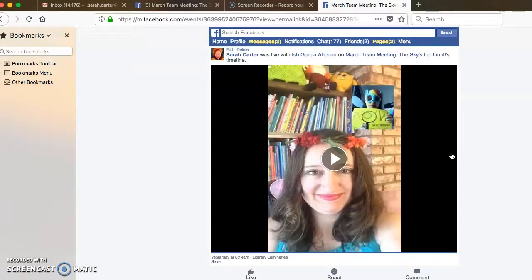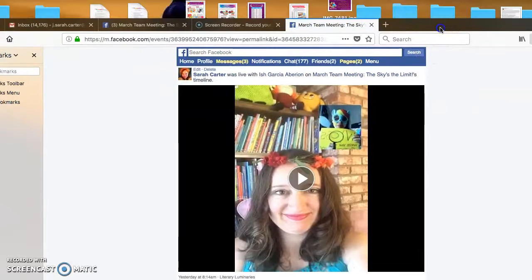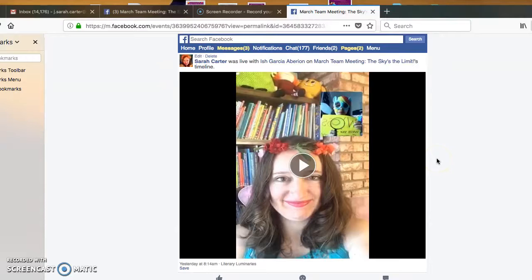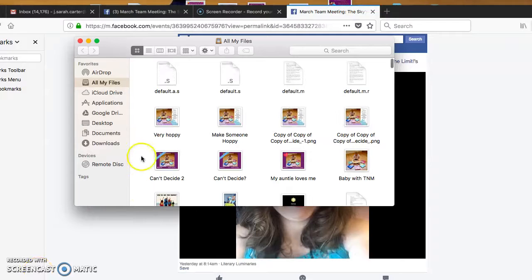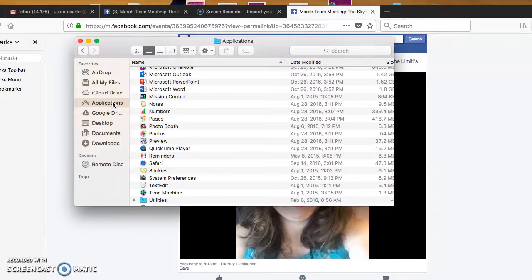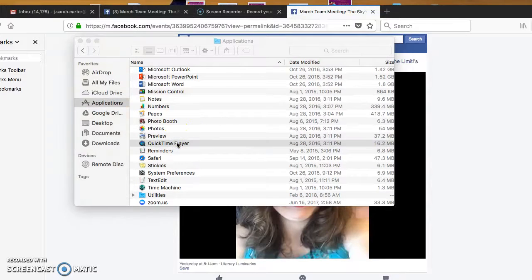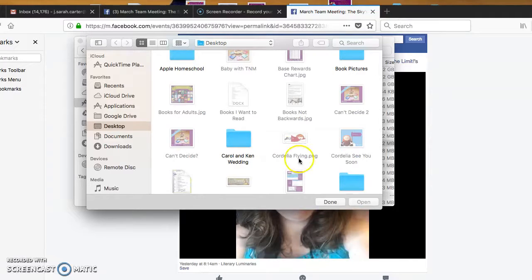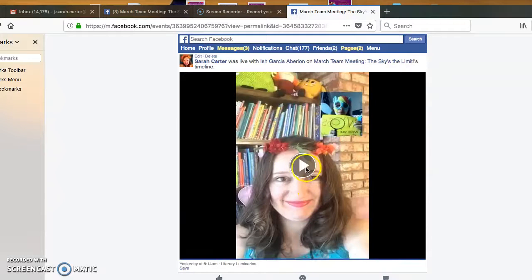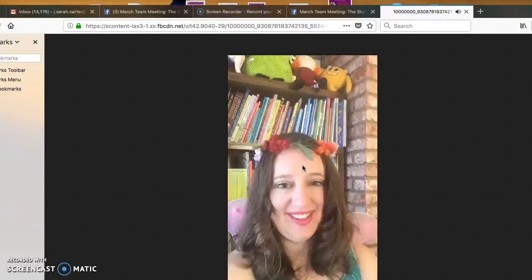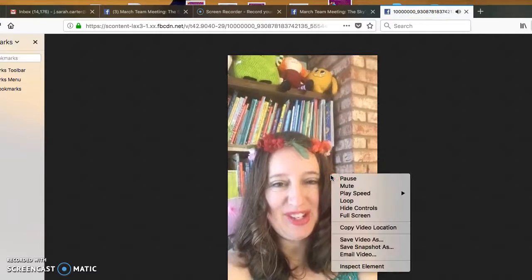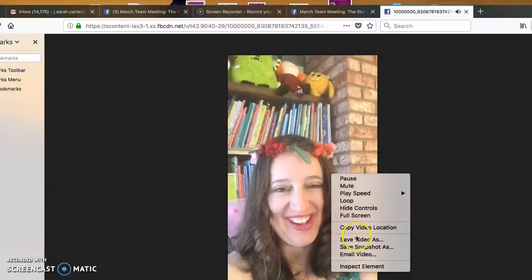So here's the part that my computer gets a little bit cranky about. So we'll see if it's feeling up to the task today. So I happen to have a Mac, and my Mac likes it when I've got QuickTime open when I'm trying to do this. So I'm going to go to Finder here, and I'm going to open my QuickTime application while I'm doing this, because it doesn't always save the way I want it to if I don't already have QuickTime open. So I'm going to do that, and then I'm going to start playing the video